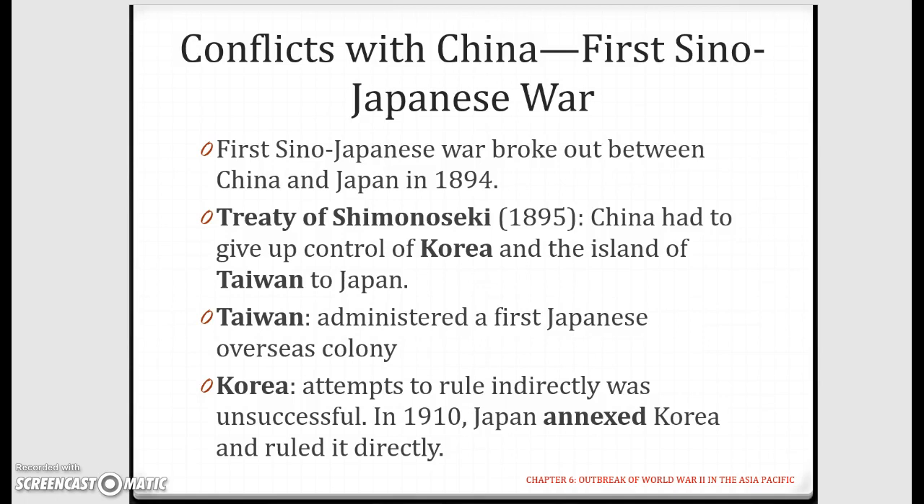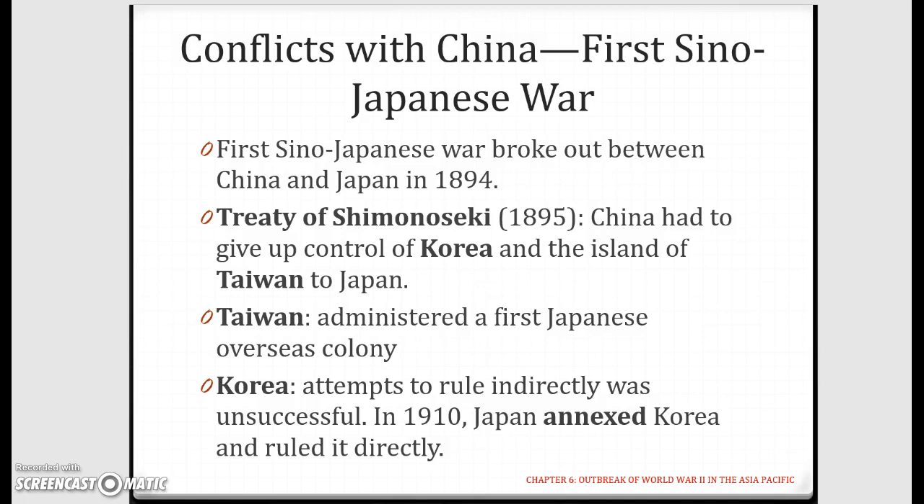Okay, so it broke out in 1894, and as a result of the war, which we can say that Japan won, but winning doesn't mean to say you get to take the whole country. So they signed this Treaty of Shimonoseki, in which China had to give up the control of Korea and also the island of Taiwan to Japan. So Taiwan was actually the first Japanese overseas colony, and Korea, they tried to rule them indirectly first,